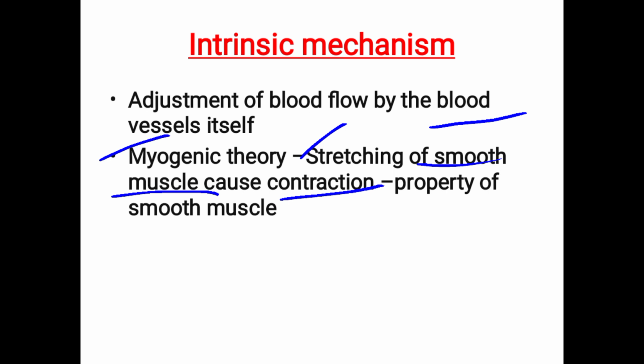Renal blood flow through autoregulation: the GFR is directly proportional to renal blood flow. If the renal blood flow increases, the filtration rate also increases. The renal blood flow autoregulation mechanism depends on intrinsic mechanisms like the myogenic theory and the renin angiotensin system. Then the permeability of the capillary membrane and filtration through the capillary membrane also affect the GFR.